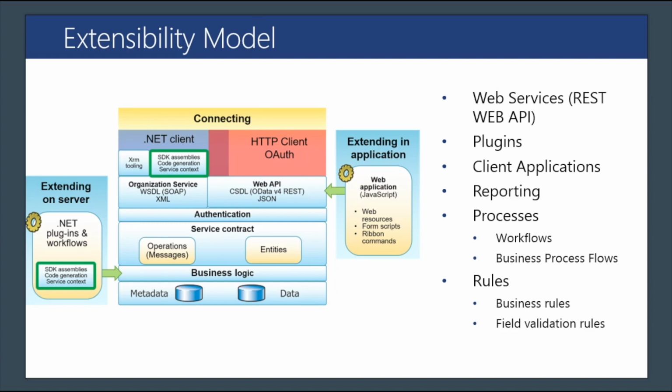And plugins are represented as .NET code, typically built in C#, where you can put a plugin interactively into a process. Something very simple, for example: when I'm entering information on a form, I want to make sure that if I'm entering a phone number for a particular person, that phone number is not on a do not call list, as an example. So I can create a plugin that when I enter in the phone number,